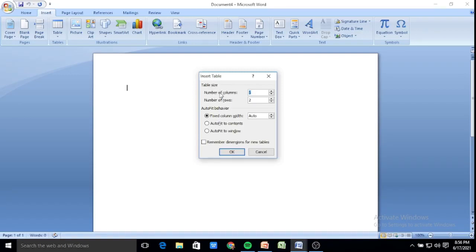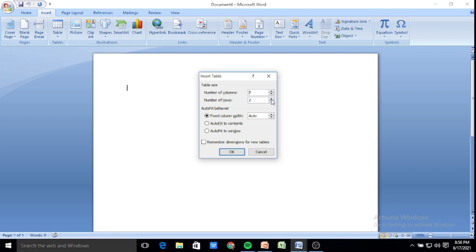Under the table size option children, there are two options, that is number of columns and number of rows. You can increase or decrease the number of columns and rows with the help of the up and down arrow. So suppose if I want the number of columns to be 7, I will click on the upper arrow and increase the number of columns.